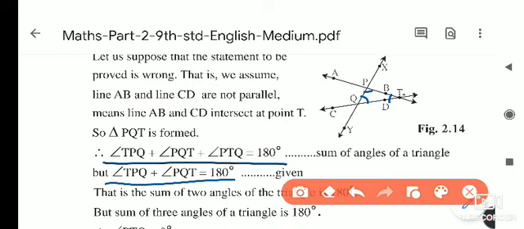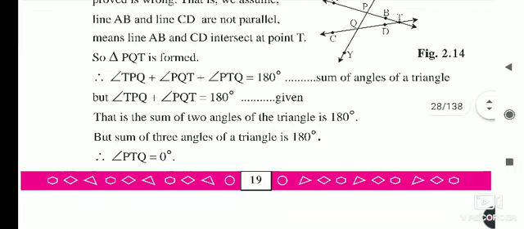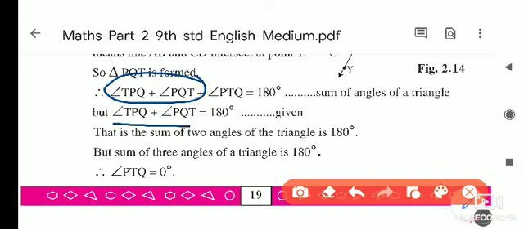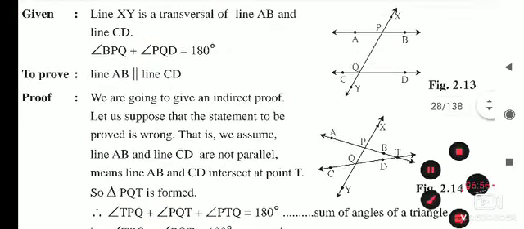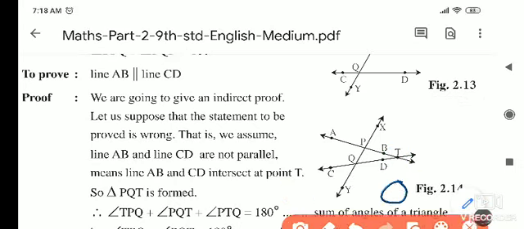The meaning of it is that the RHS of those equations is the same. And from this, what we are saying is that given TPQ plus PQT, these two angles measure 180. Then what is the measure of PTQ? Its measure is 0, because these two angles alone make 180 and the three angles together are given as 180. So PTQ is equal to how much? 0 degrees. Okay.